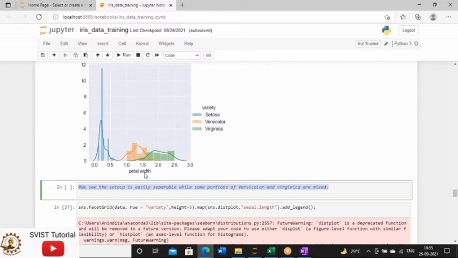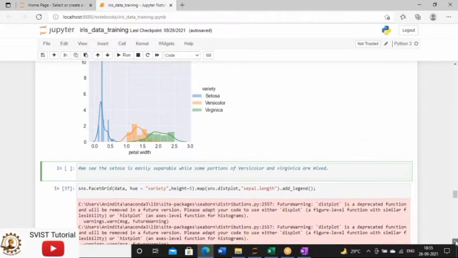I will not be able to separate versicolor and virginica because the petal width properties are overlapping with each other. So this feature is not very effective in order to classify these species, and I have to use some other attribute.